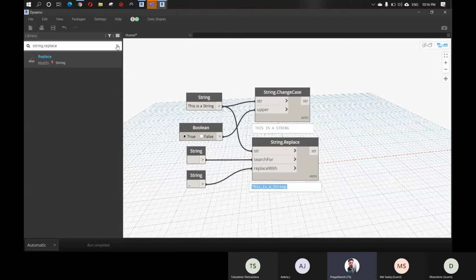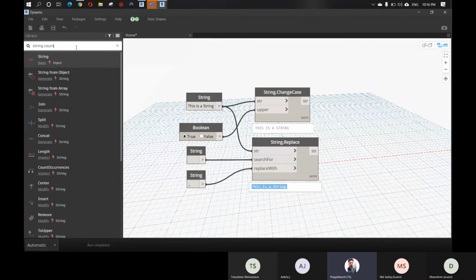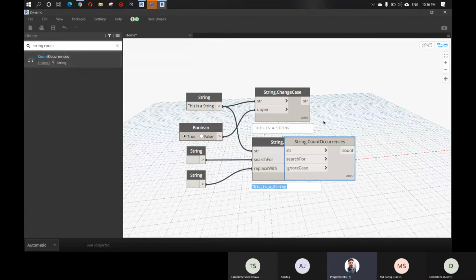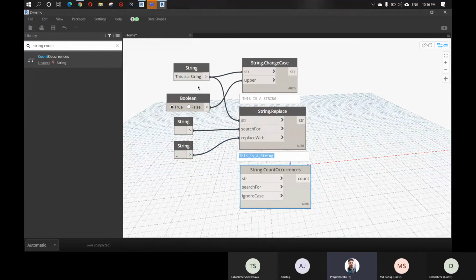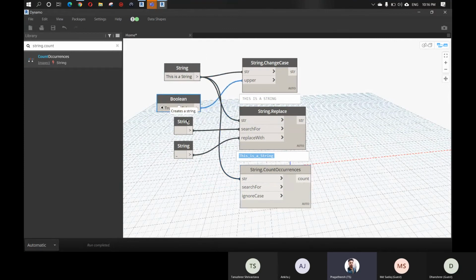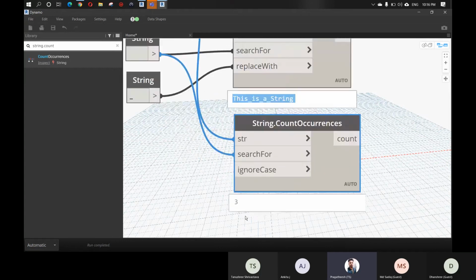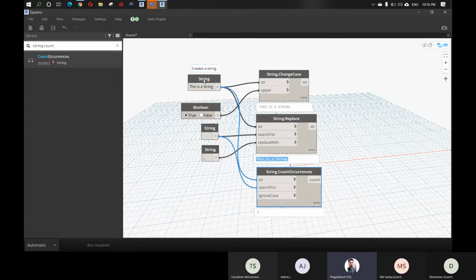Let me show you some more examples with strings, which is string dot count occurrence. This is used to search for certain things in the list or the string. So we can search for spacebar, and now we can see the output. It says 3 because this string has 3 spaces, right?